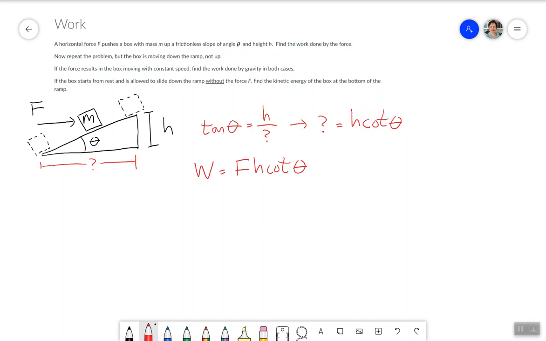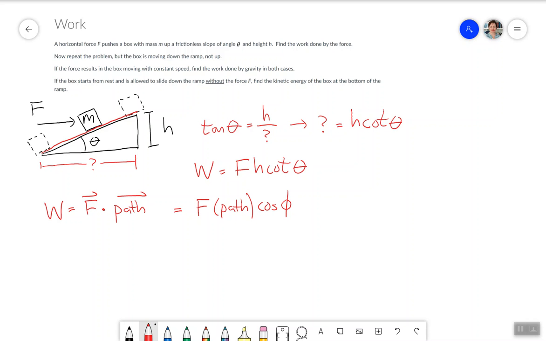The other way we could have done this problem is we could have taken the path and done that work is the force as a vector dotted with the path as a vector, which would be the force times the path times cosine of the angle between them. Now, if the path is up the ramp,